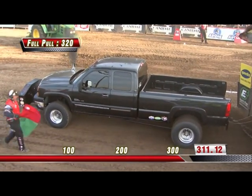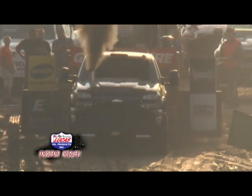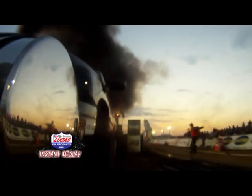One may take it to the left of the track and one to the center or one to the right. Right down the middle, here we go. Yeah, nice looking job there. Of course, all 4 digging on that truck really hard right to the very end. But, of course, he needed to get out over that 320 mark. He was not able to do so, so no shot at a win here